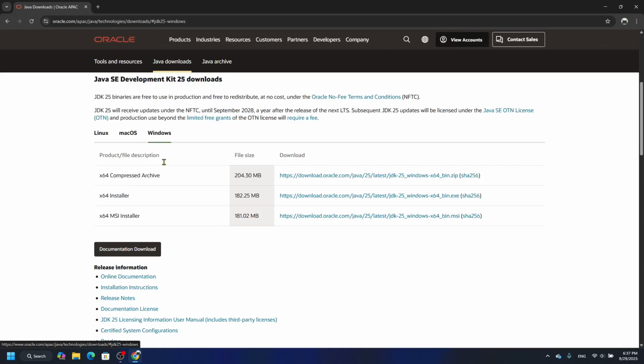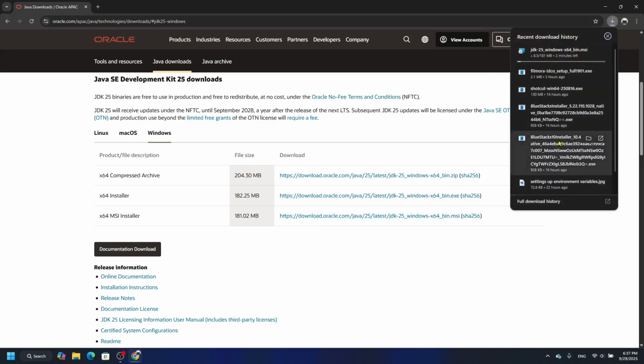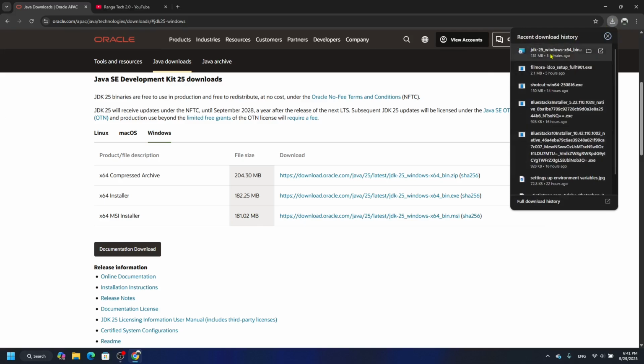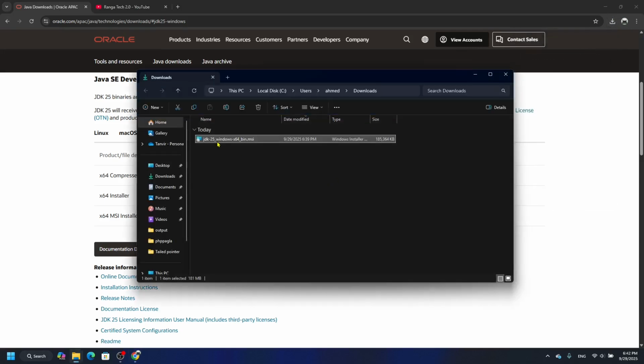Click here on the option Windows and then select the MSI installer. Okay, just go with this one. And here you can see it is not downloading, so we have to wait for some time. Okay guys, here you can see we have downloaded this. Now go for the installation, double click on it,